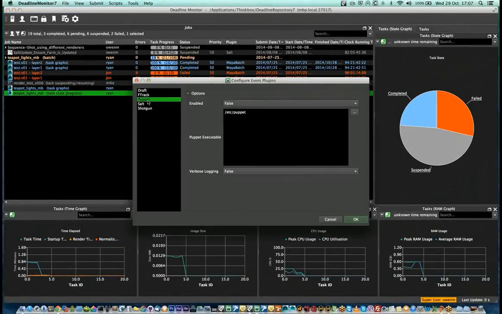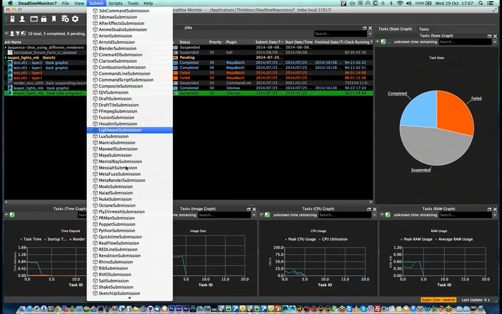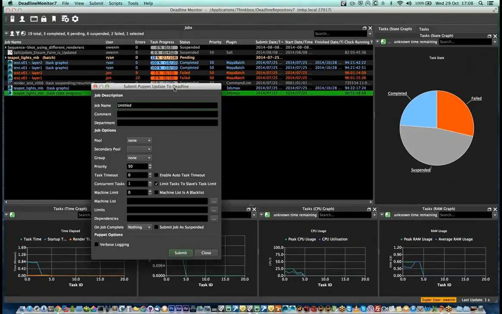So you can see here that we've got Puppet, and we've also got Salt, where we literally just are calling the Salt agent, the local agent, whether or not it's enabled, and we can say, well, perhaps when the job is completed or started, we can actually ask if there's any software that needs to be deployed before the job continues, or perhaps we might want to just submit, here's Puppet, and here's Salt, but effectively we might want to